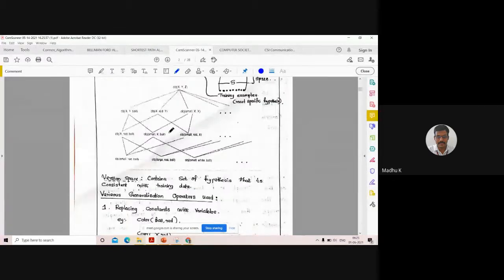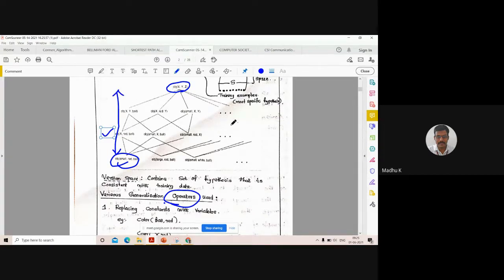So this is the concept space of a problem. In the version space search, what should be our approach? First, you create the version space of that problem using various operators. Then the version space is created. This is the most general hypothesis, and this is the most specific hypothesis. The space between them is called the version space, and for solving a problem, we will search this space